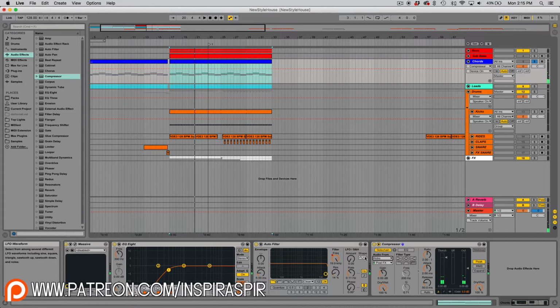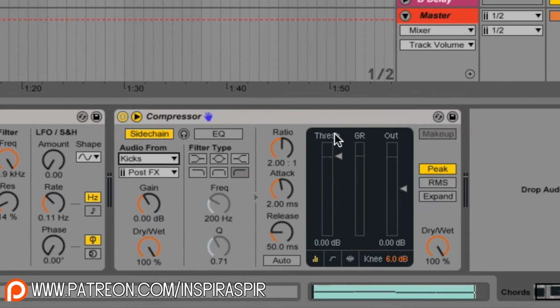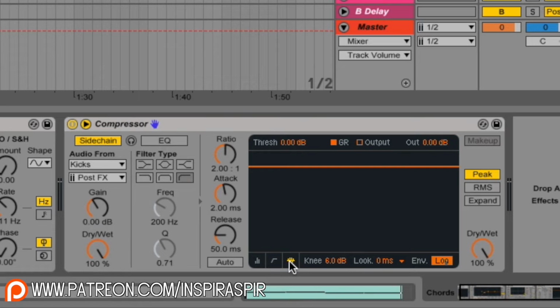Sounds like nothing has happened, and that's because for the most part, nothing has. If I were to go down here, about in the middle of this black window, and click this symbol right here, this third most square, this will show me the input from this kick's track that I sidechained to. So if I were to hit play,